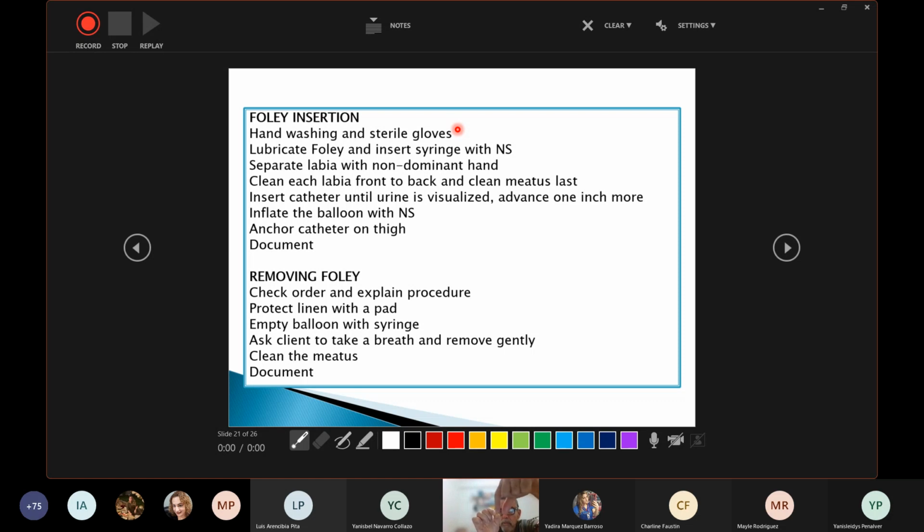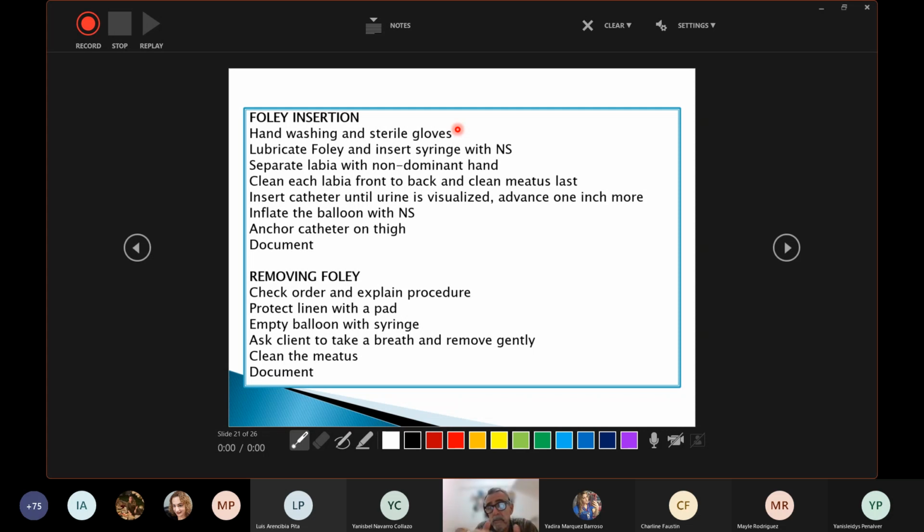And then you hold the catheter with your non-dominant hand, your clean hand. Why can you hold the catheter now? Because this catheter is outside the urethra and is not going to enter inside the urethra. It's already in and is not going to advance more. And then with the dominant hand, you inject the normal saline in the balloon to inflate the balloon. And now it's fixed, and then you secure that on the thigh of the client, and you clean the client, remove the protection, the sock, lower the bed, and document.